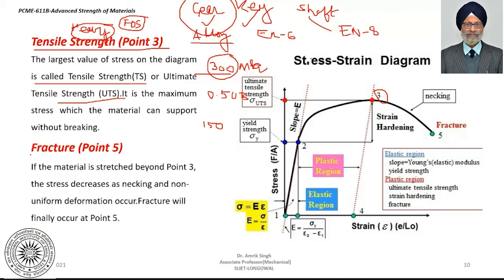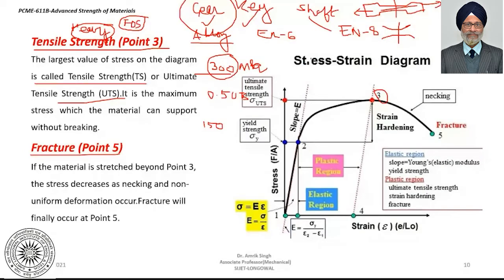Now a fracture point is there. So now you see when the necking is starting. We have seen the UTS test in our previous course. So our specimen is like this. When we apply the load, necking takes place at the middle, and the material takes this shape, and it breaks here.